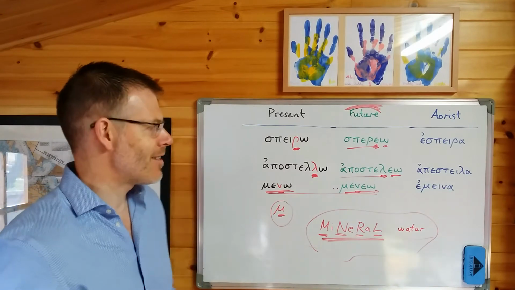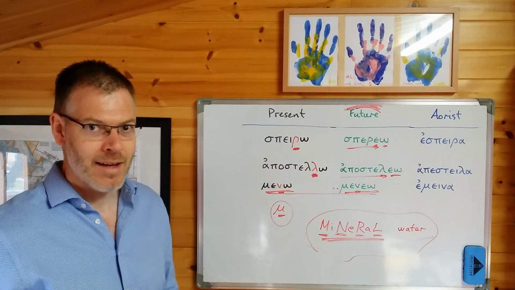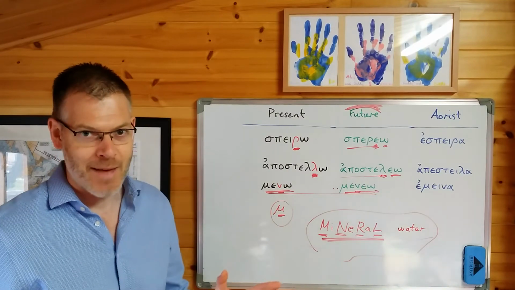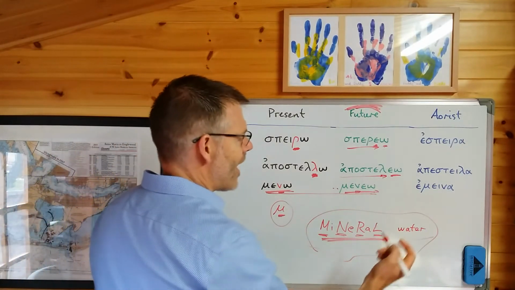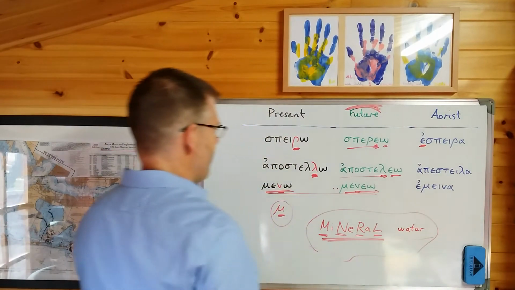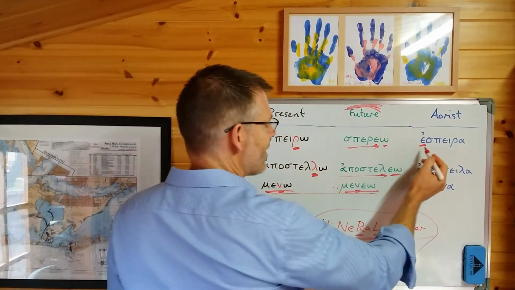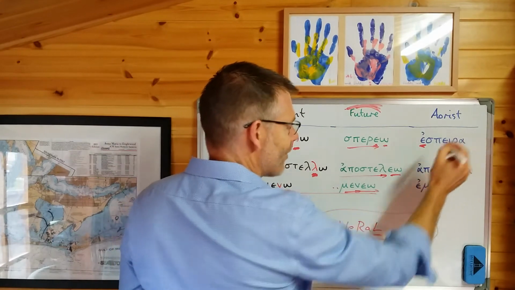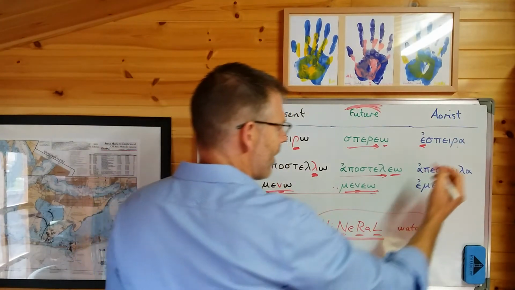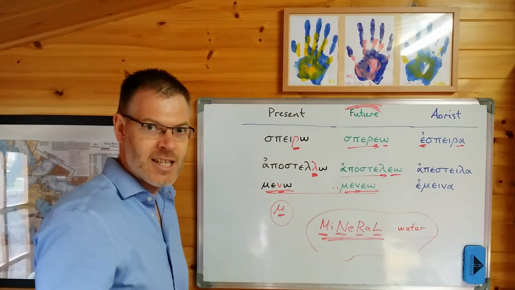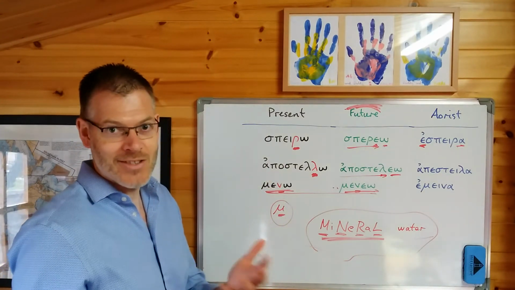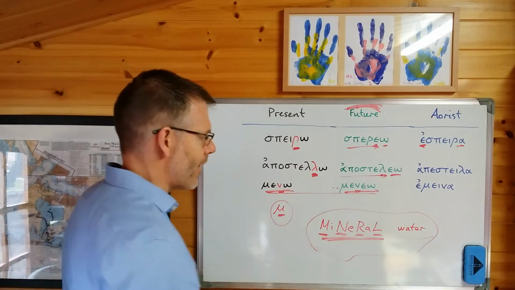What about the aorist? Well, in the aorist, remember I said that all the usual rules are followed apart from the change of the stem. So what's going to happen with the aorist? You're going to have the epsilon augment. So spero goes to espera. You've got the epsilon augment. You don't have a sigma suffix for the reasons I explained earlier, but otherwise it's nice and normal. Espera, and then all the usual endings for the aorist: elusat, elusas, elusen, amen, ete, an. That's all going to be fine.